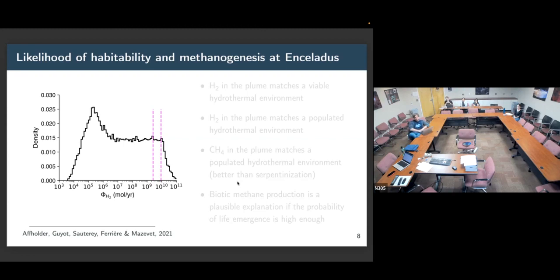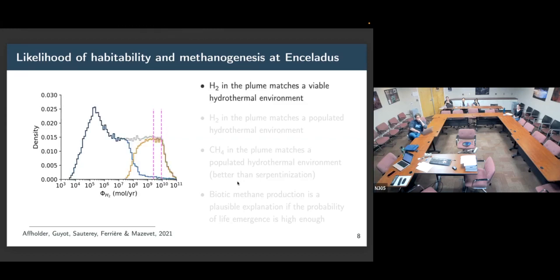Good news, but we can do more, of course, because we know in those simulations which ones have conditions that are viable to methanogens and which do not. So we can split this distribution into two distributions. The blue one being those in which no viable conditions were found around the modeled hydrothermal vents for methanogens, and the orange set is where viable conditions were found. What we see from this is that the observations from the Cassini mission are really well explained by simulations in which viable conditions exist, not so much by non-viable simulations.